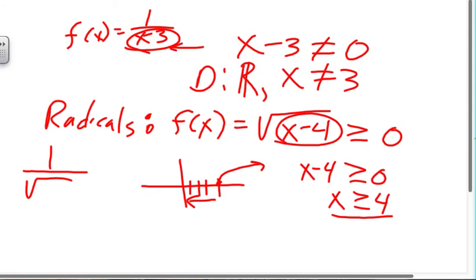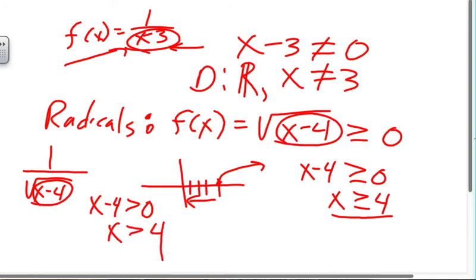Now things get a little weird when you put it in the denominator. Because remember, I said up here, your denominator cannot equal 0. So what you have to do here is, because it's a radical, this thing not only has to be bigger than or equal to 0, it has to be bigger than 0 because I can't have it in my denominator, so x is going to be bigger than 4, but not equal to